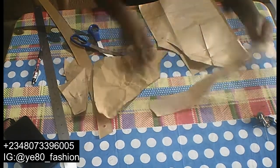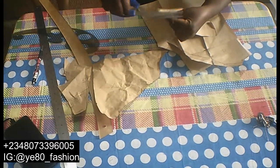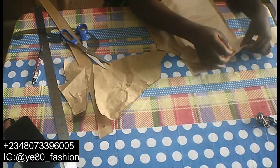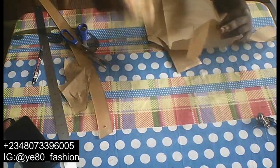So by the time you are sewing, where's the center front? I'm going to notch it. So center front, I've notched it. Your center front has to meet this piece. So you sew this all the way to here and you stop. Yeah. Now when you are going to the back,